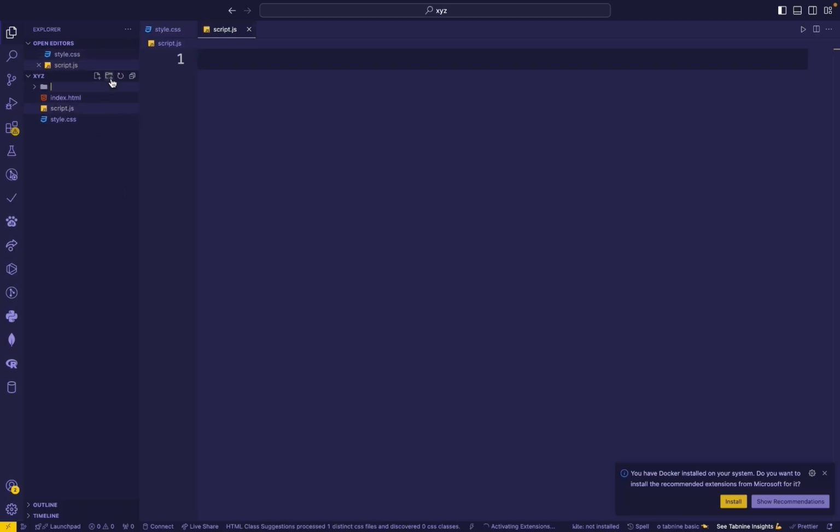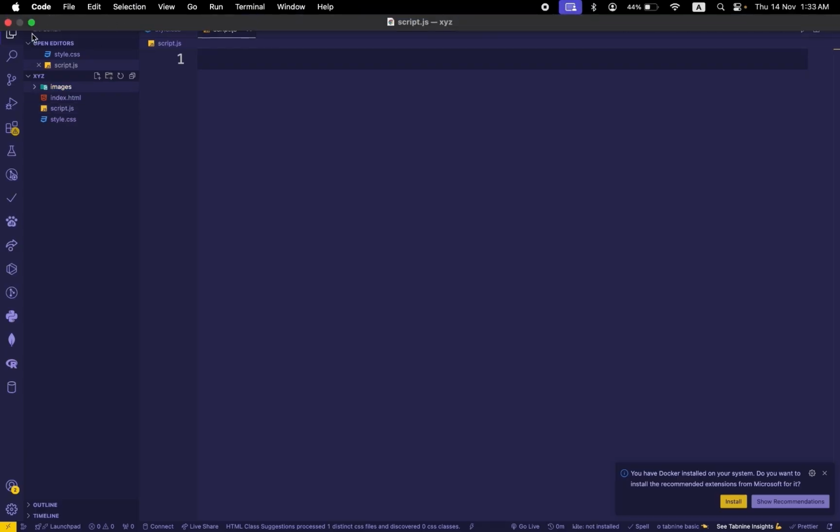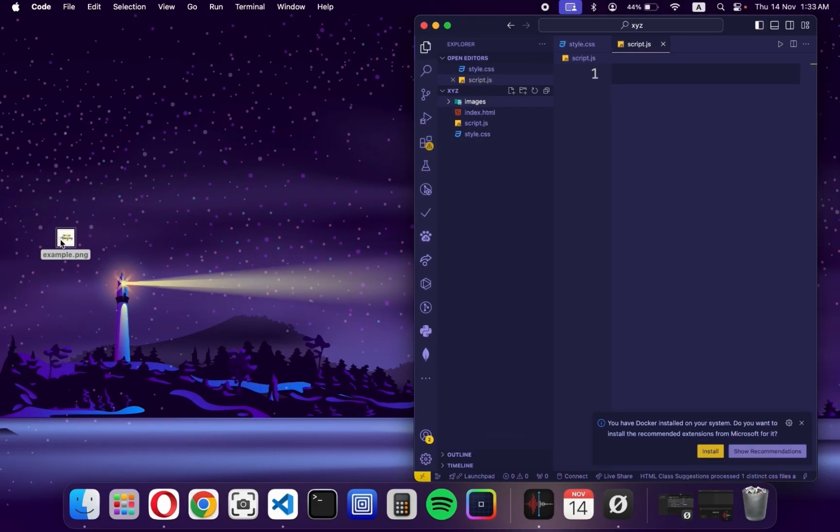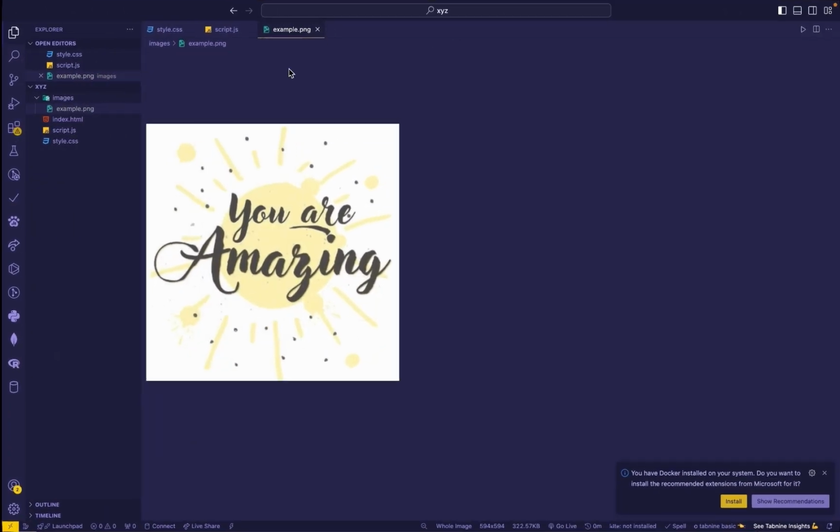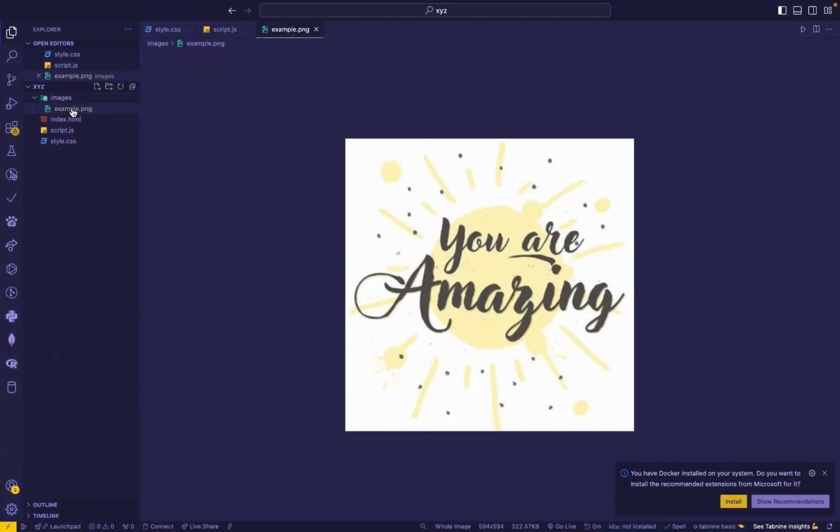One folder for images. Now let's drag and drop an image in this folder. Okay,